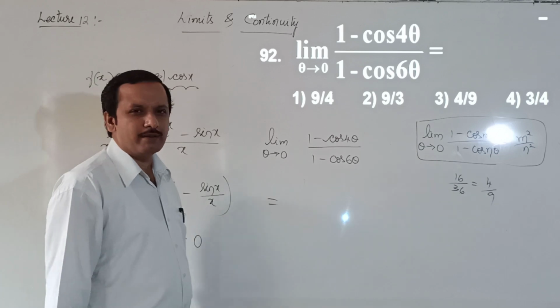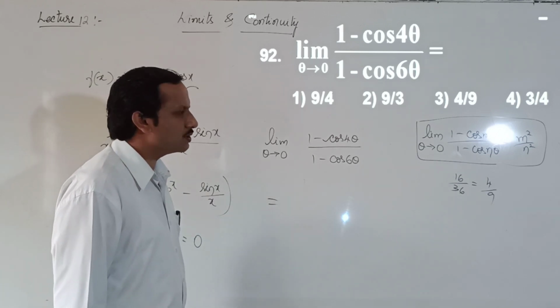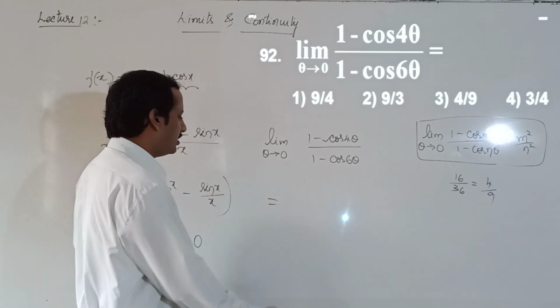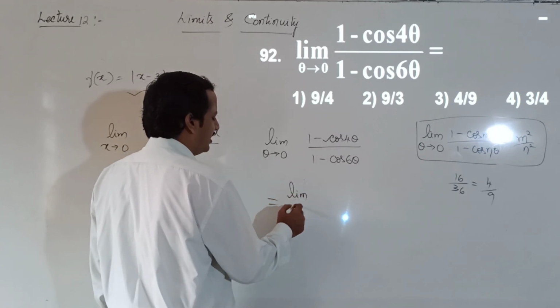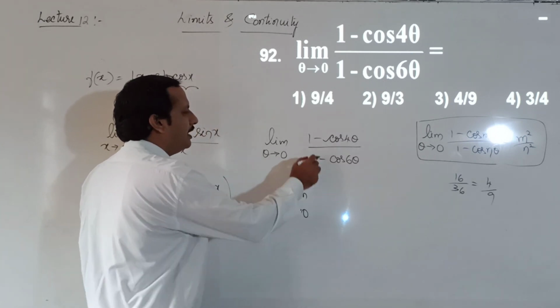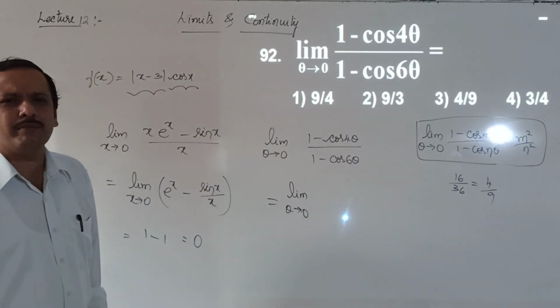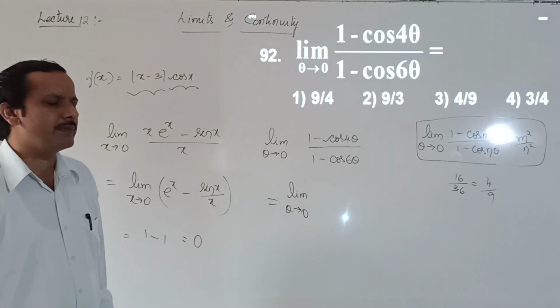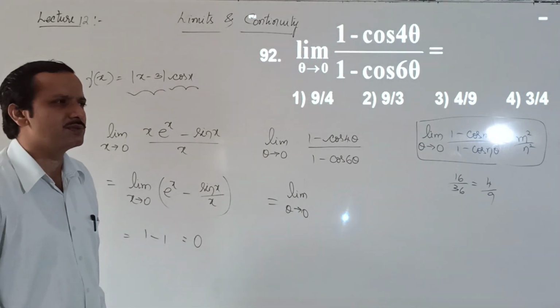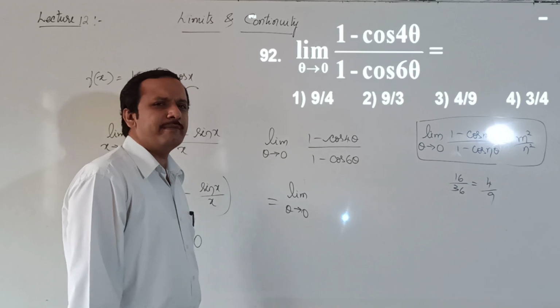If not, I am sure there are a few students who don't know that formula. If you don't know the formula, there is no need to worry, you can get the answer easily. If I directly apply the limit, I get 1 minus cos 0. Cos 0 is 1, and 1 minus 1 is 0. The denominator is also 1 minus 1, so it is 0 by 0, an indeterminate form, so go for